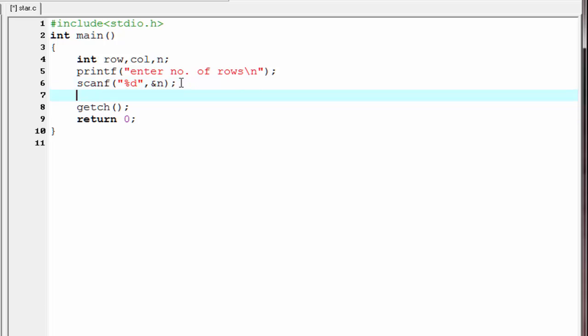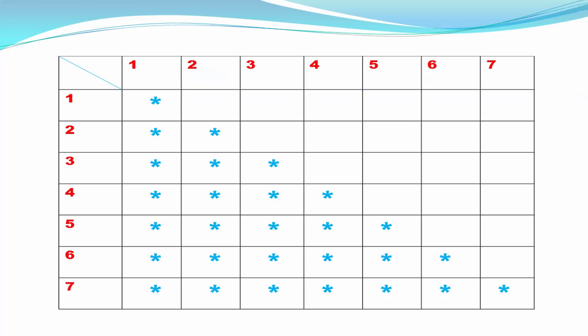Now here we use two loops. You may think, why do we use two loops here? Okay, let me explain. You can see here we divide the picture into rows and columns. To print the rows we need a loop. This picture has 7 rows, so we need a loop that executes 7 times. If we consider i as a loop counter, then we can write the loop as for i equal to 1, i less than or equal to 7, and then i plus plus. Here we use this loop for rows.